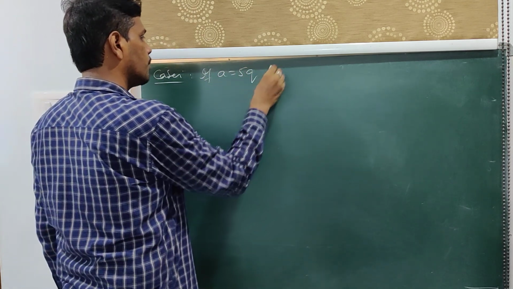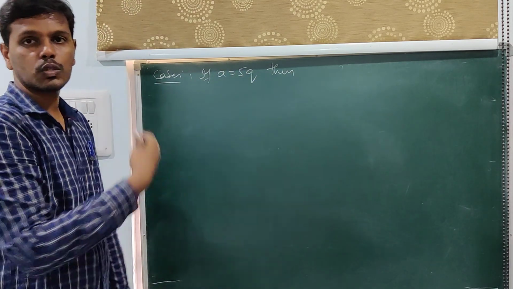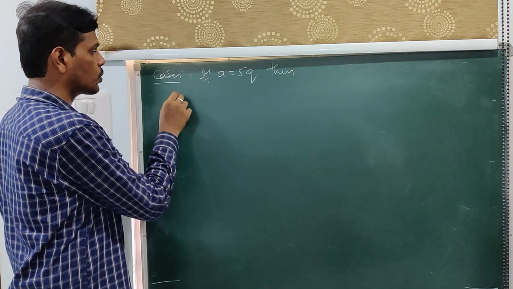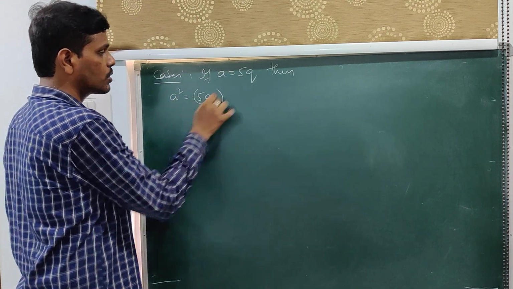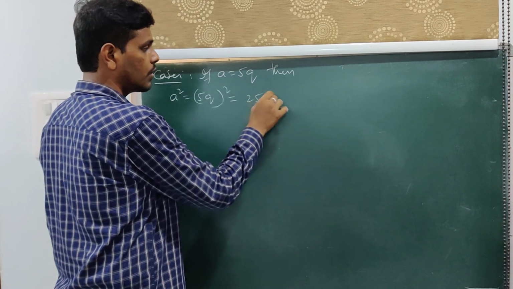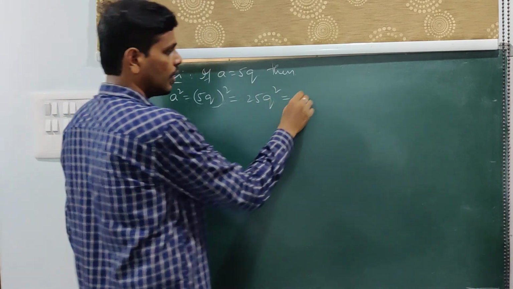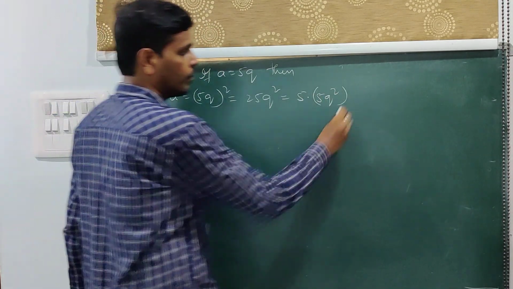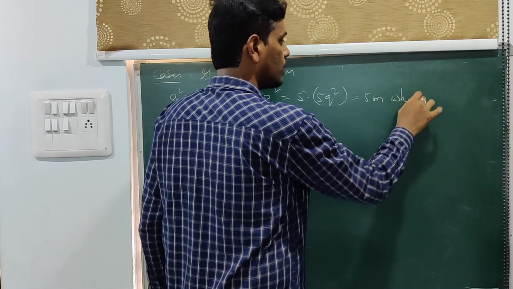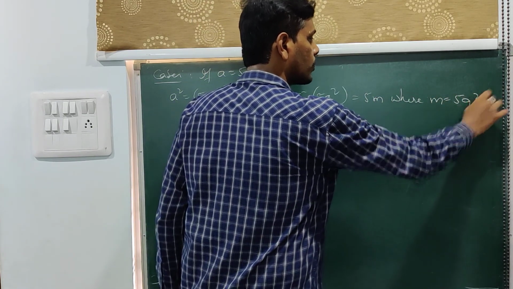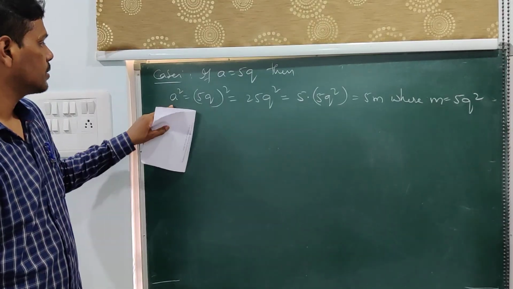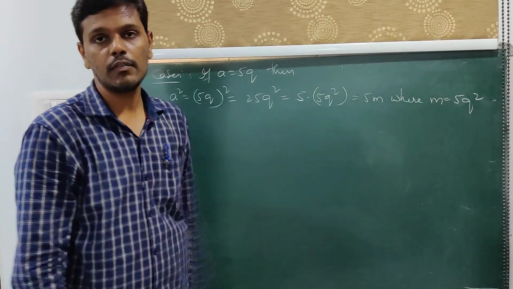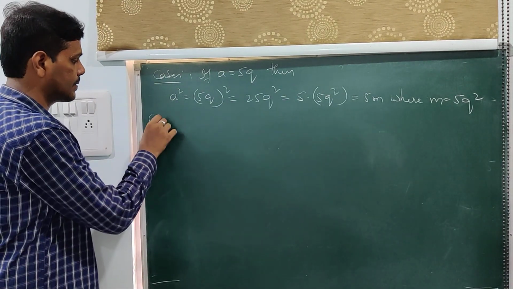If a is equal to 5q, then we have to show that the square of a is either of the form 5m, 5m plus 1 or 5m plus 4. So now I am trying to square it. Now a square is equal to 5q whole square. Now this is 25q square, and 25 you can write as 5 into 5, that is 5 into 5q square. Now let us assume that this value is some m. So that is 5m, where m is equal to 5q square. So that is the case. When a is of the form 5q, we have proved that a square is of the form 5m. Now we move on to the second case.